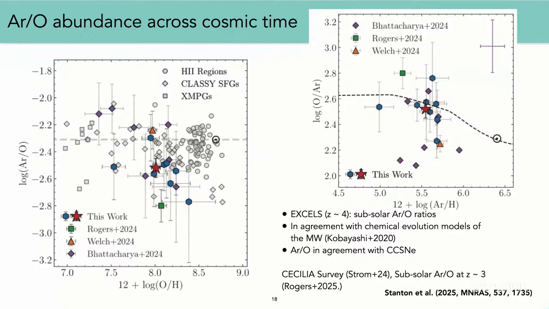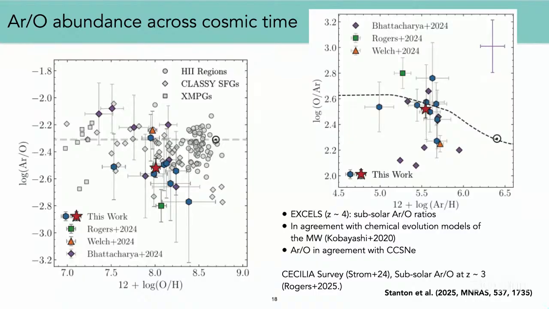And basically, what we see with argon are these solar values here, also at high redshift. At the beginning, I thought, well, maybe it's the ICF or something that we are not calculating, but now it's a more constant value that is solar here. And people, again, attribute it to Type Ia supernovae. Chemical evolution models, also from Chiaki Kobayashi, showed us a model for the Milky Way, where basically we are having similar nucleosynthesis from massive stars.